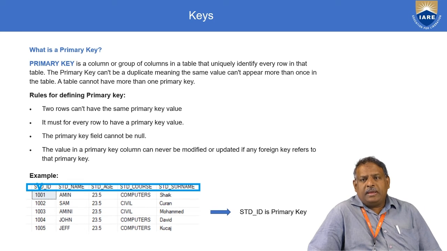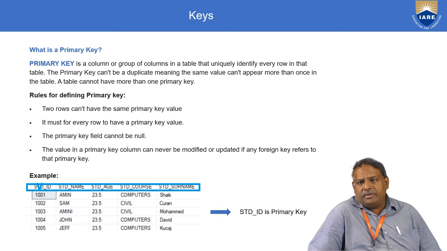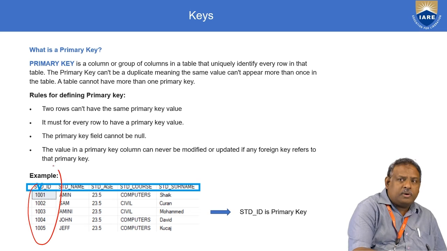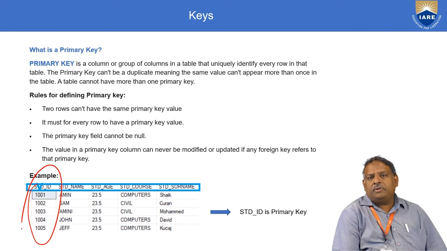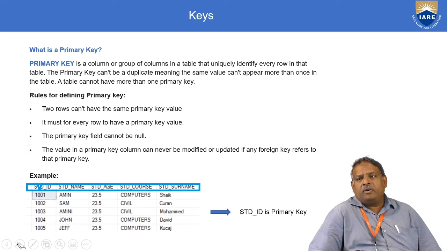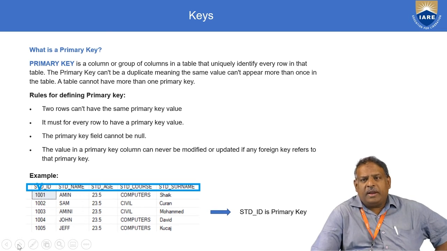Okay. The same example, student_master. We have 5 columns here. 101 is the record which will uniquely identify the entire student record in this table. So hence std_id will be the primary key for this table. We have finished super key, which is a group or combination. Here also it is by one key we are able to uniquely identify the entire record.